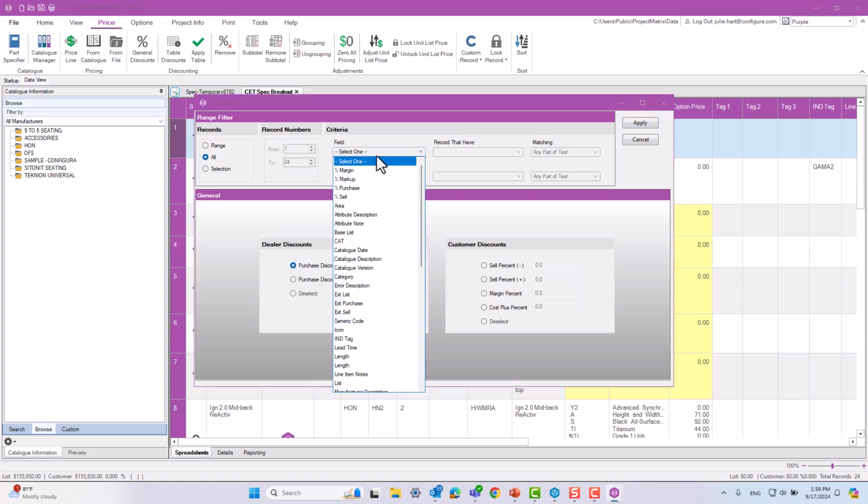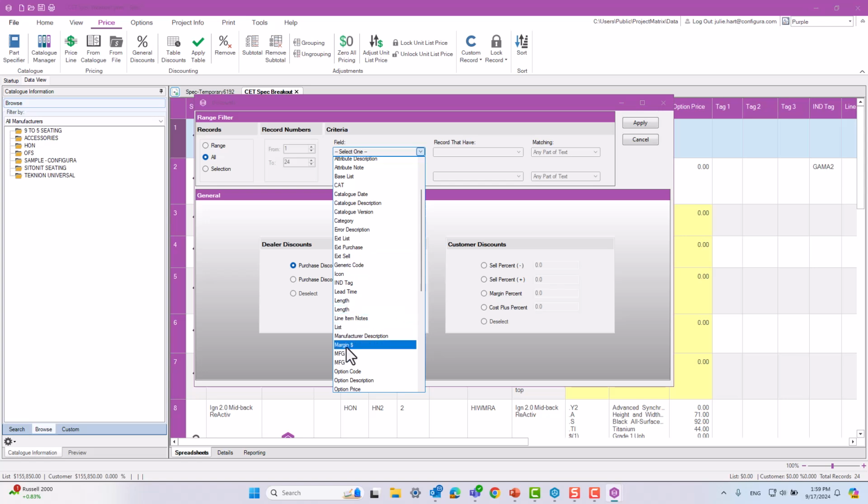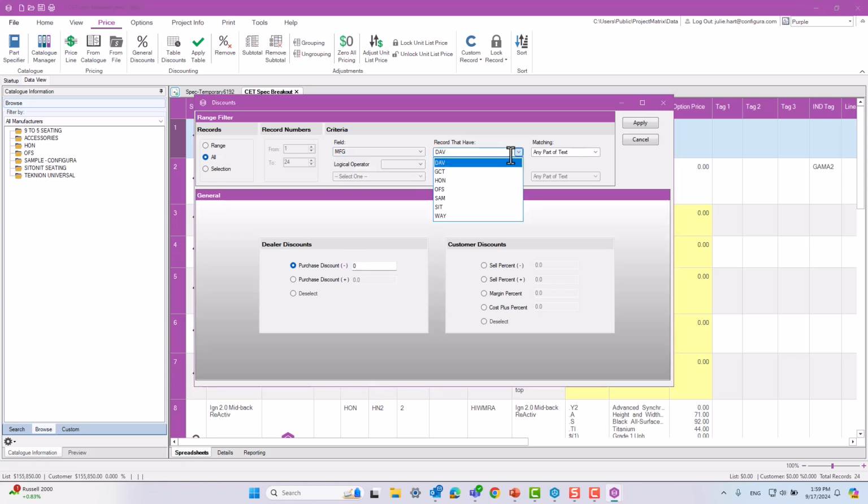Entering my discount, I'm going to go ahead and actually do that. I'll do that one. And let's say I can do either a whole number, a decimal point,